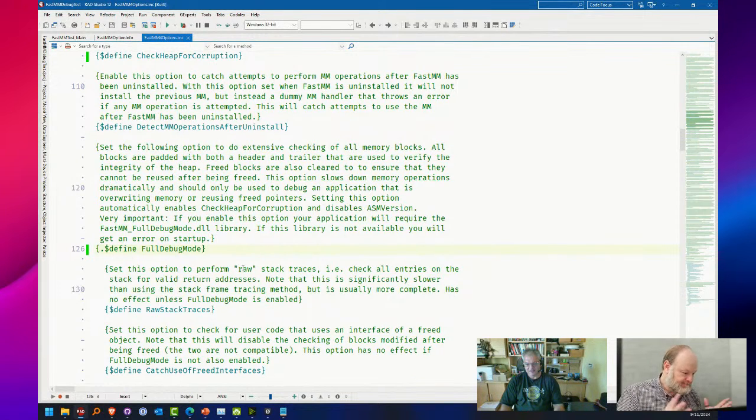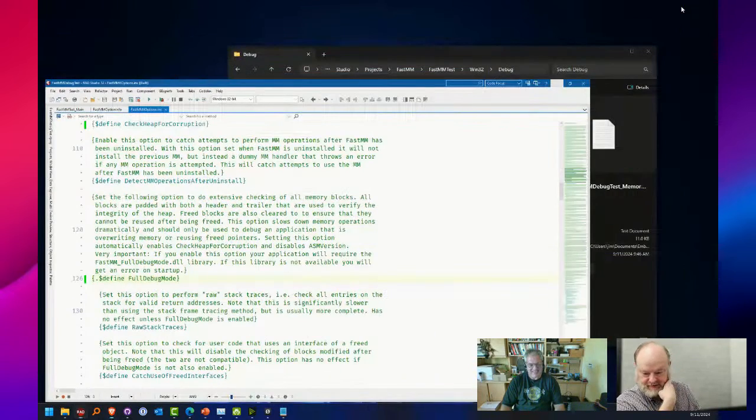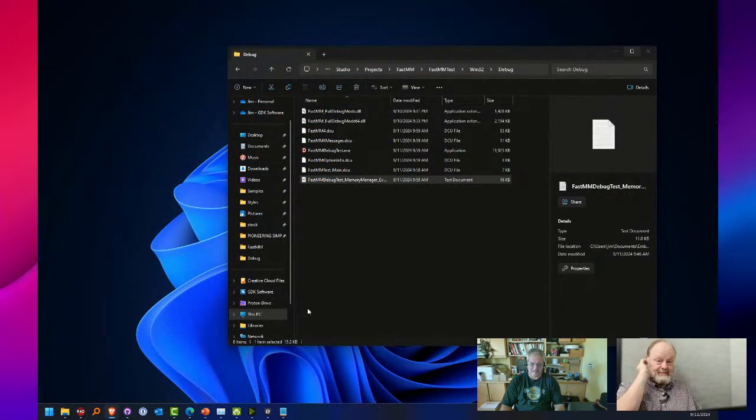Yeah. But if you use a build server, as you should, this is not a problem. You have debug configuration on developer machines and release configuration on the build server, and don't have to change anything. Just use full debug mode always. Yes, exactly. While debugging, not for release, definitely not for release.